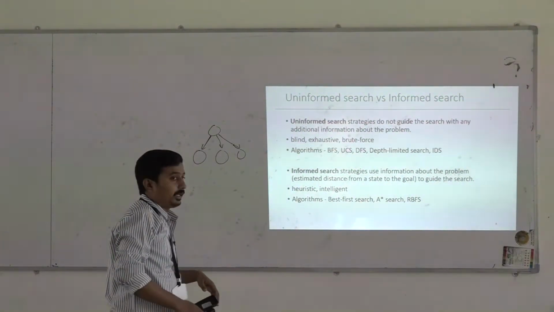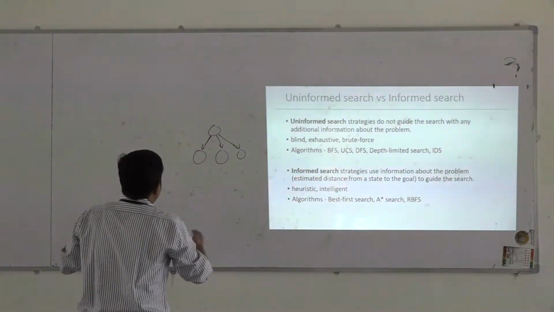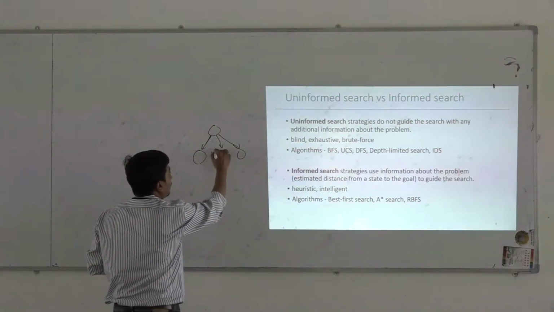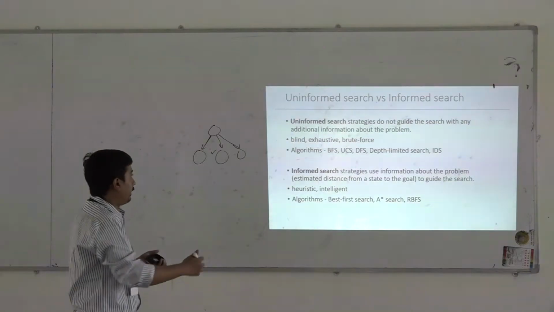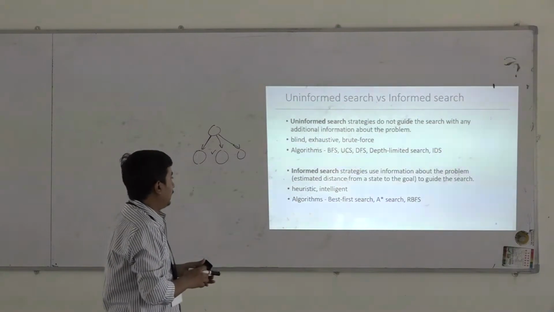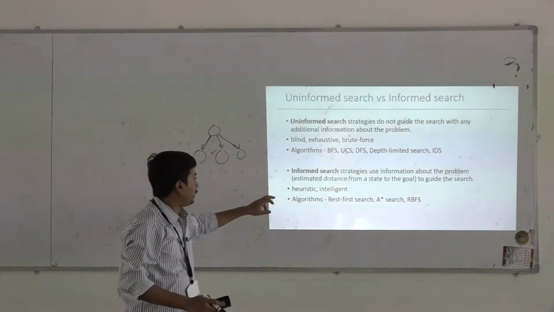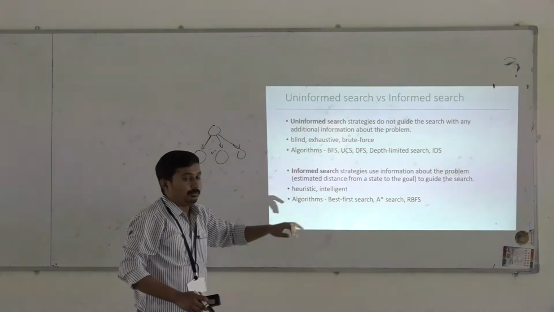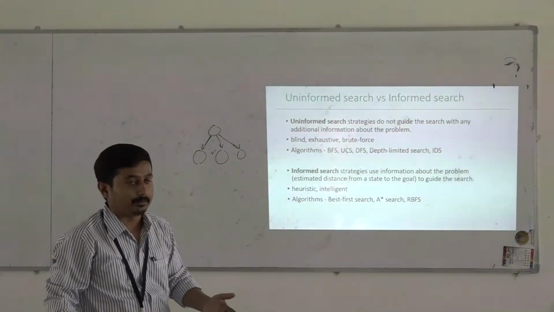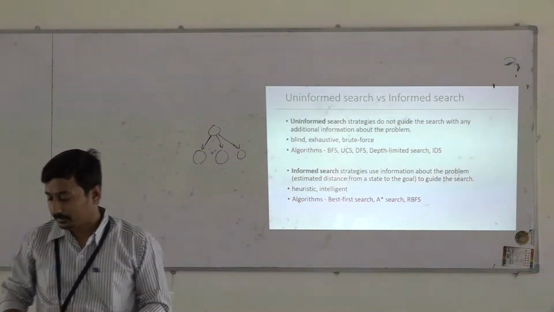The next category is informed search. So we have certain information to guide us. That information will tell us, out of these possible branches, which branch is more promising, and we will go in that branch only. Such information is available, and it is provided by the heuristic function. But the disadvantage is that the heuristic function is very problem dependent. For every problem you have to design a different heuristic, and it is very difficult to find a heuristic for every problem.